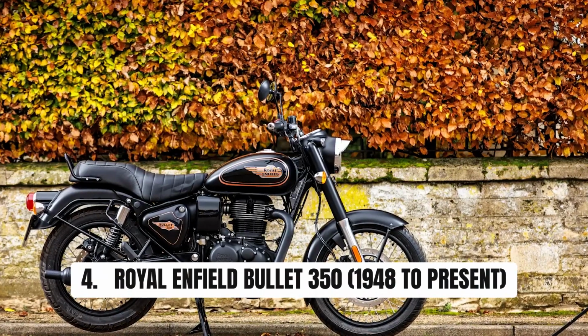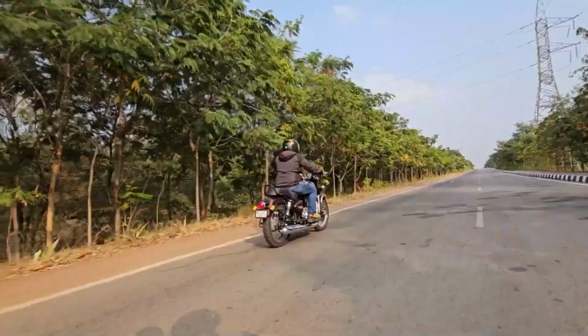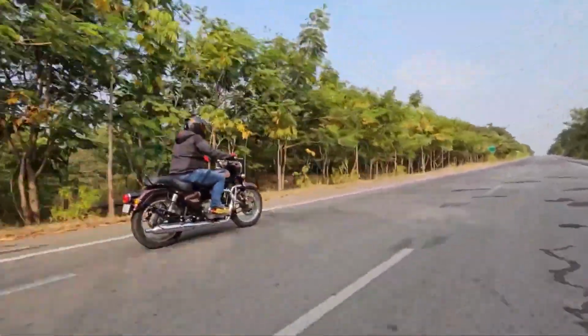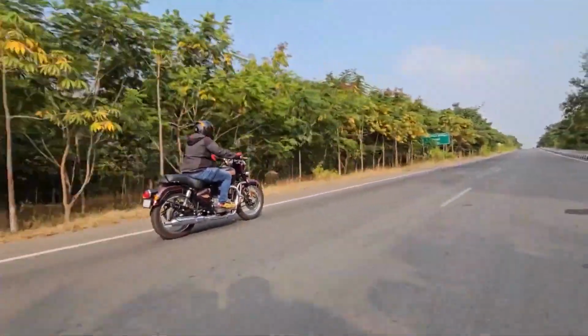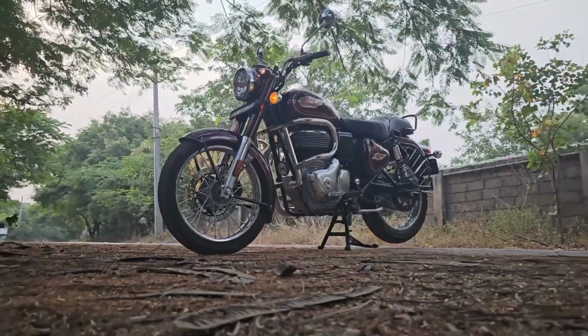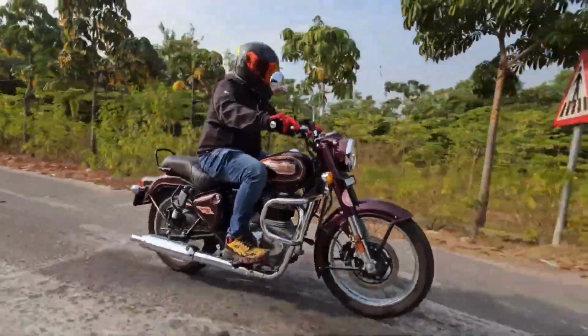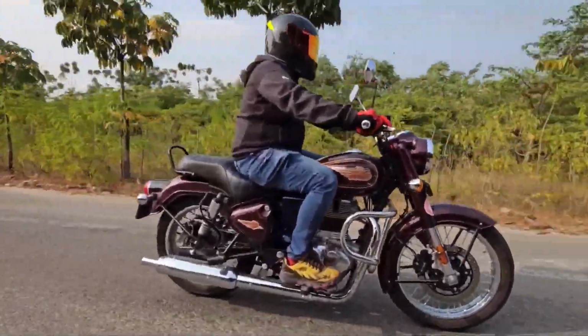Bike number 4, Royal Enfield Bullet 350, 1948 to present, the longest-running production motorcycle. If longevity had a poster child, it would be the Royal Enfield Bullet. First introduced in 1948 and still in production today, it holds the record as the longest continuously produced motorcycle model